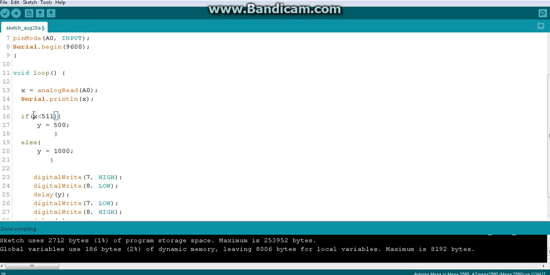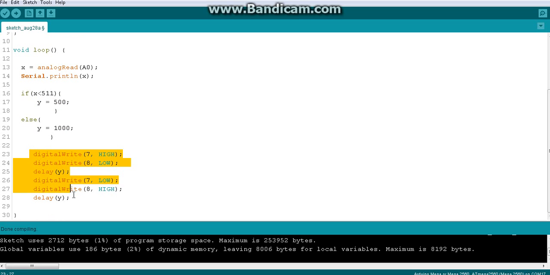Then if the x value is less than 500, that means lower values, we will set the delay time to 500 milliseconds, and with that particular delay time we will do a blink. We will skip the else part because the if part becomes true here. If the x value is greater than or equal to 500, then x less than 500 becomes false.